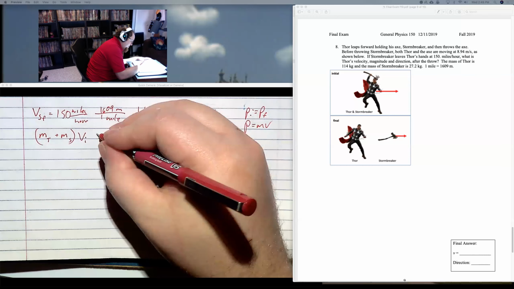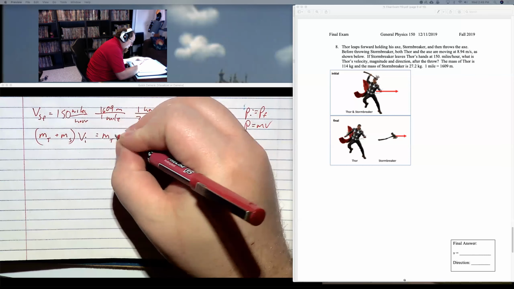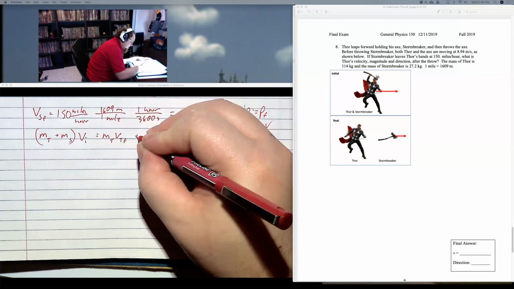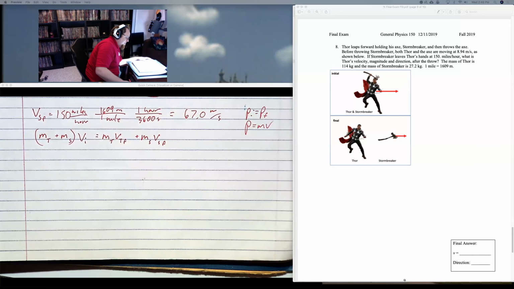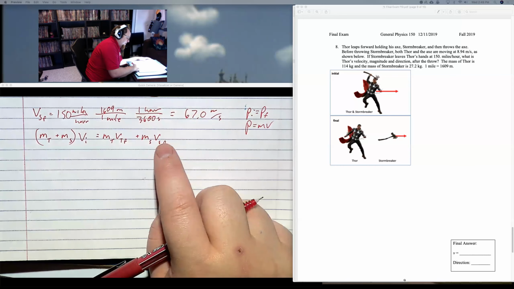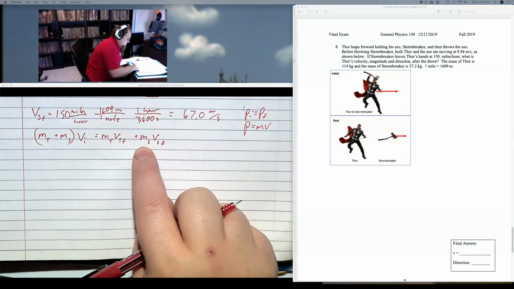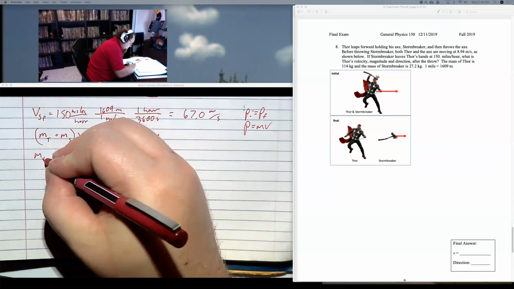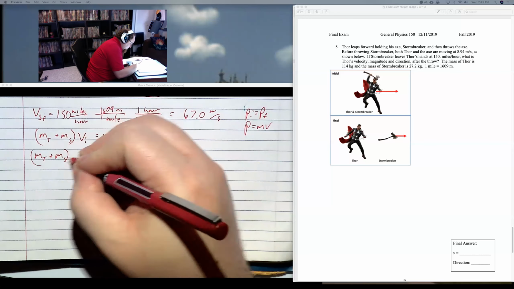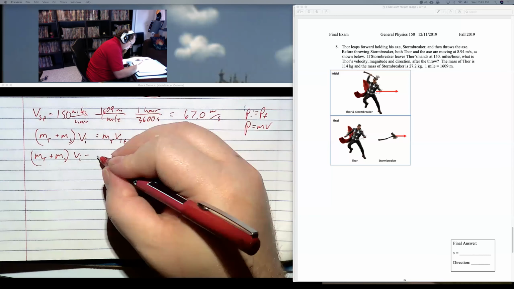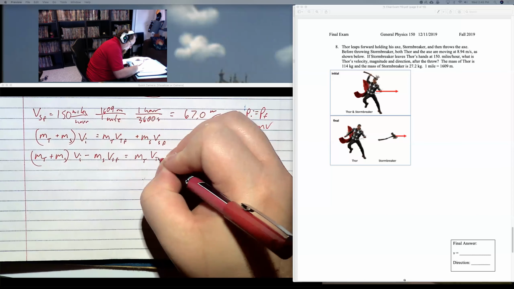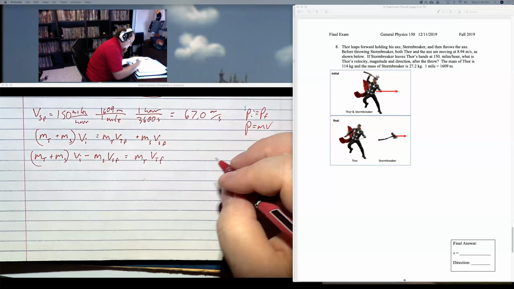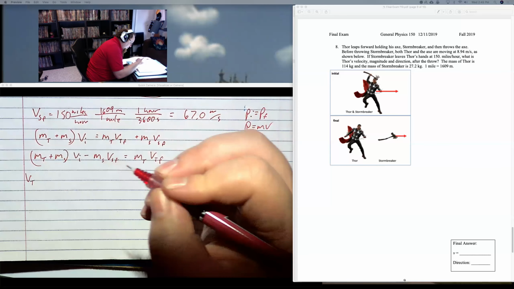And that'll equal the mass of Thor times the velocity of Thor final, plus the mass of Stormbreaker times the velocity of Stormbreaker final. If I want the velocity of Thor final, I'll subtract this from both sides and divide both sides by Thor's mass,